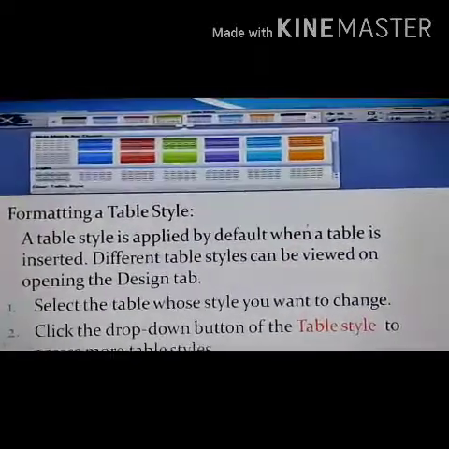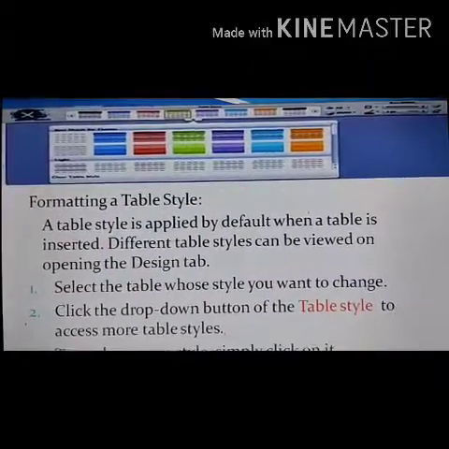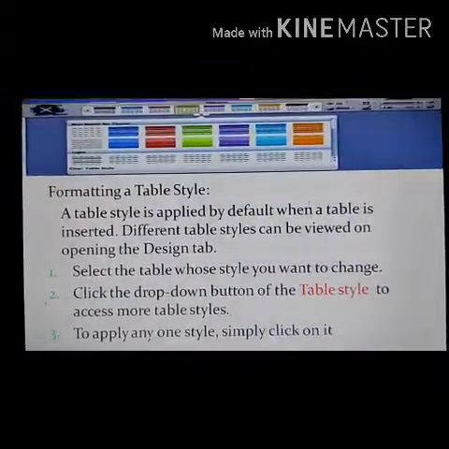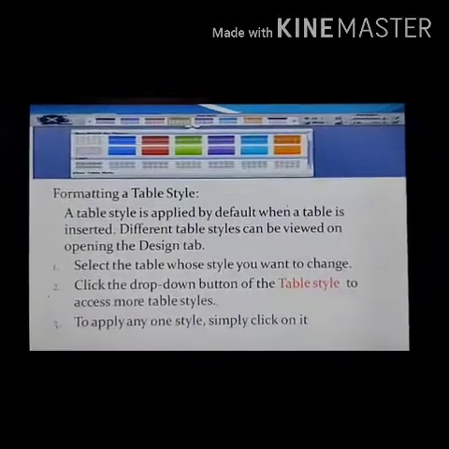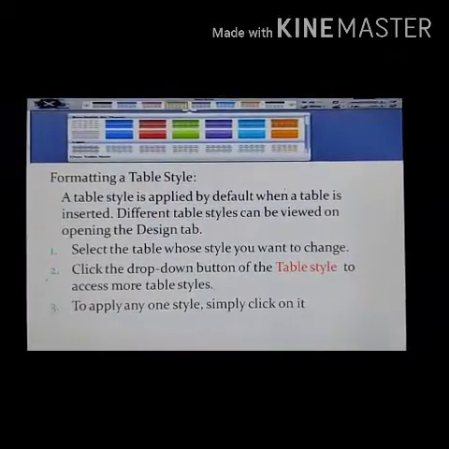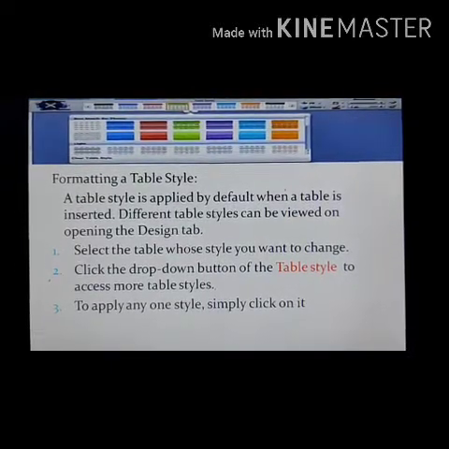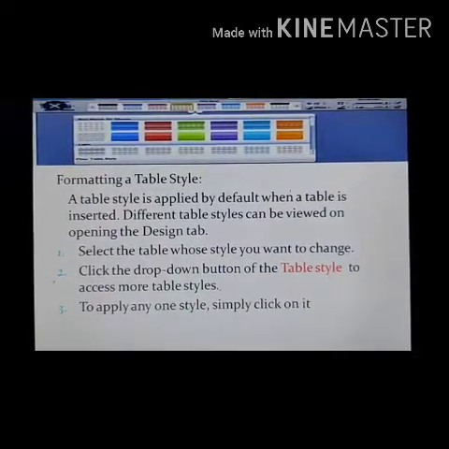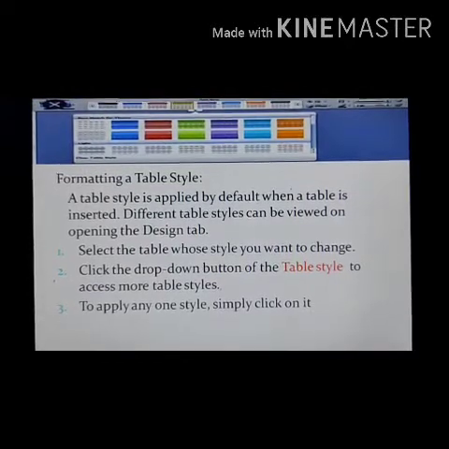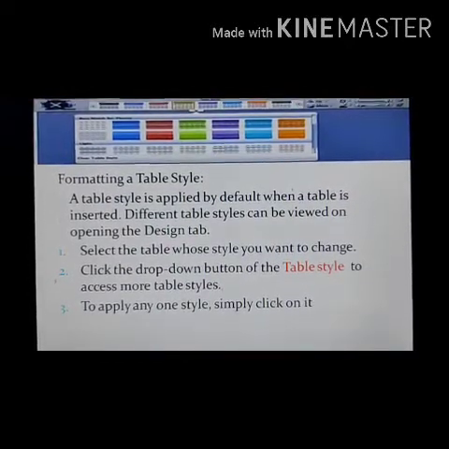Look here is the table style. To access more table styles, to apply any one style, simply click on any one. Your selected table will be changed to the selected style.